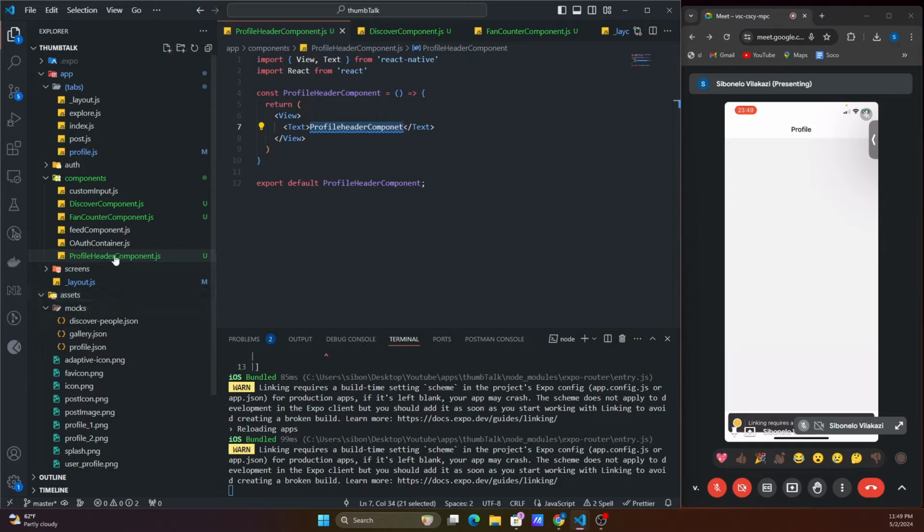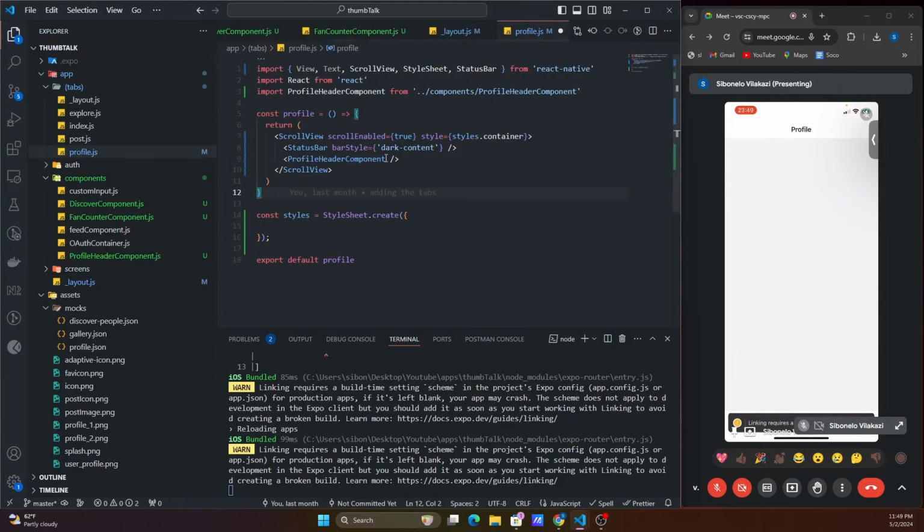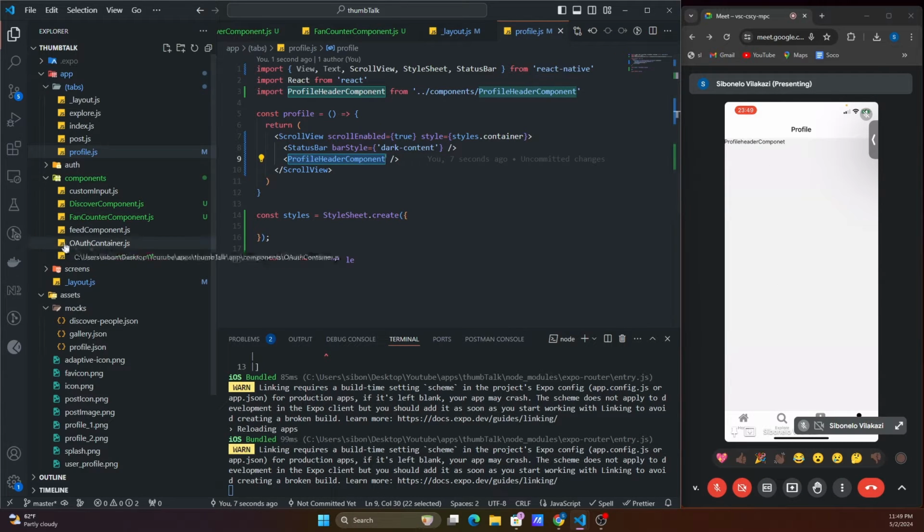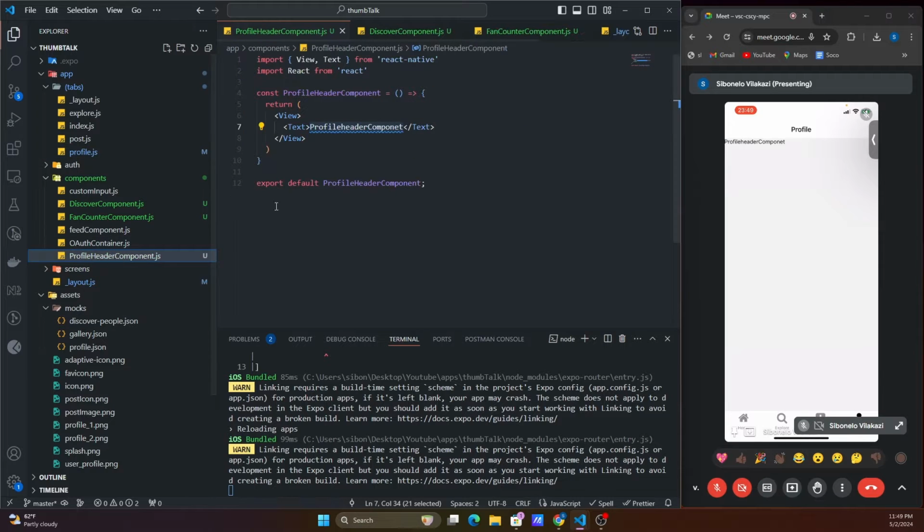So now let me go ahead and go to my profile page and see if everything is fine. This is profile. Yeah, so the first thing that I'm now showing is the profile header component, which is what I have on that component, right? So the next thing that I'm going to do is write up the code for that. So if I go to my profile header component,